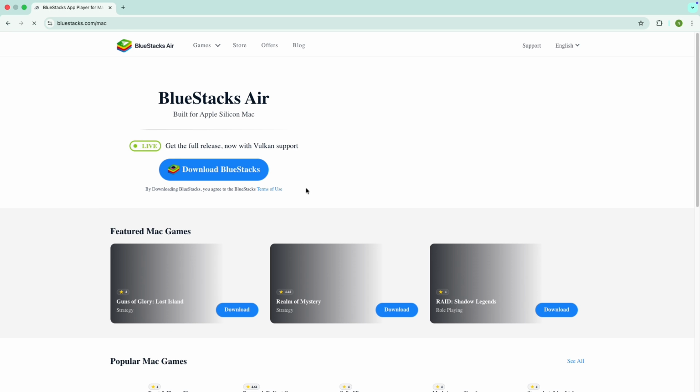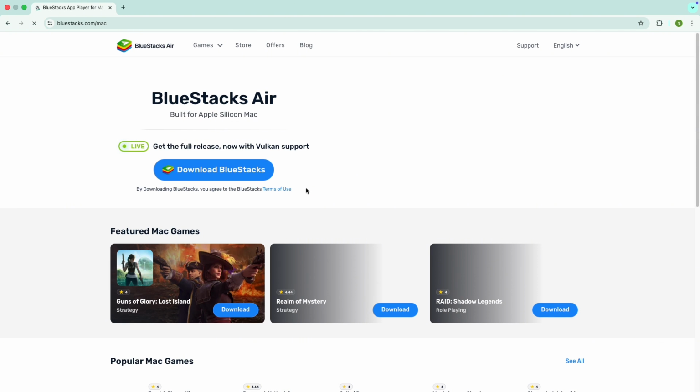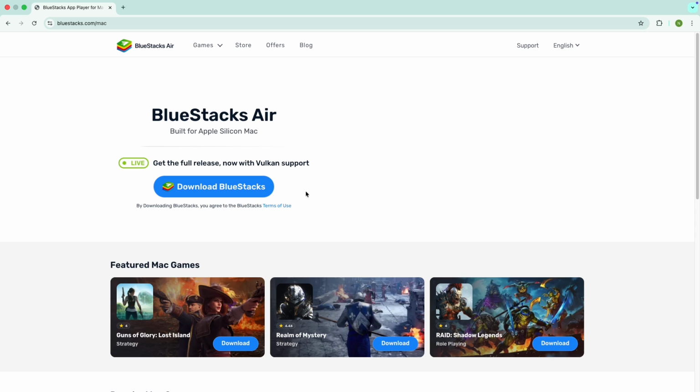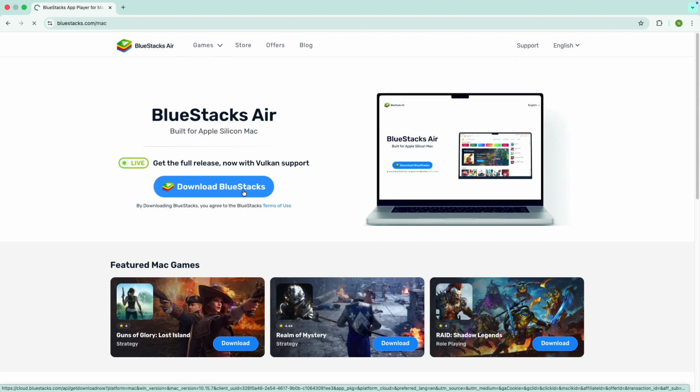Now that we're on the site, here's what BlueStacks is. It's a free Android emulator that lets your computer run Android apps and games just like a phone. It's widely used, safe when you get it from the official site, and it includes built-in keyboard controls that